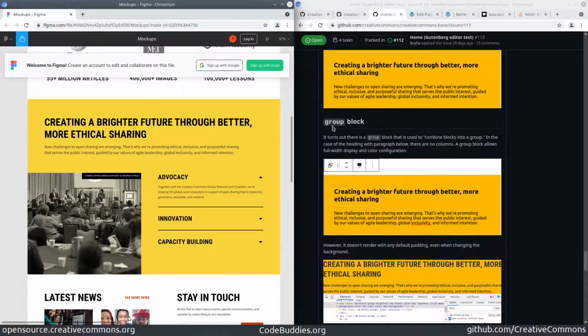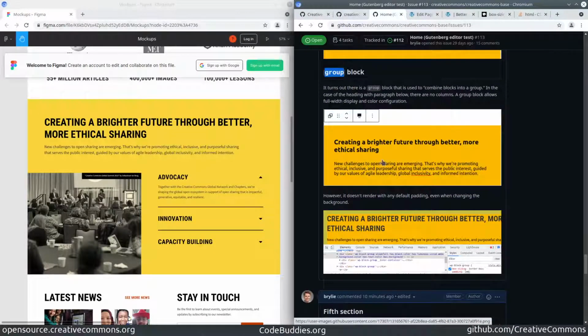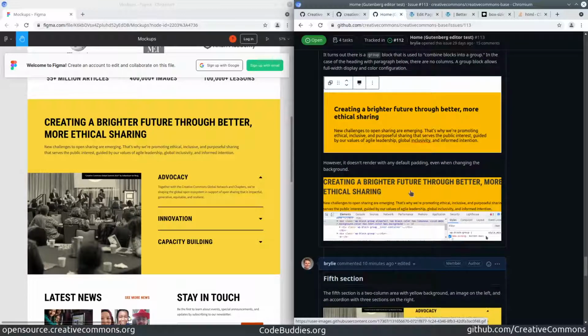So the next approach, I realized, well, let's just try out the group block. The group block does allow full width display, and I could easily just move these heading and paragraph into the group block. But when it rendered, we had an inconsistency between the editing interface, where the full width adding a color background adds a padding to the element. And this has been justified as